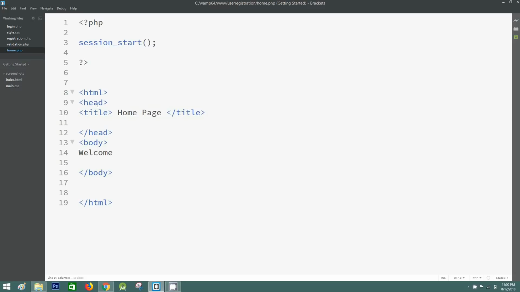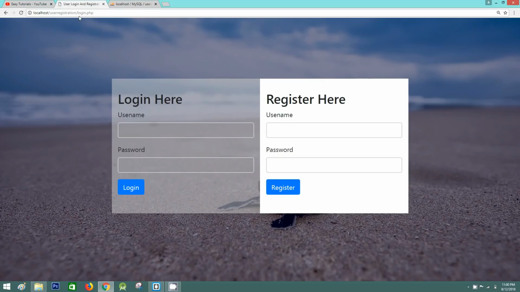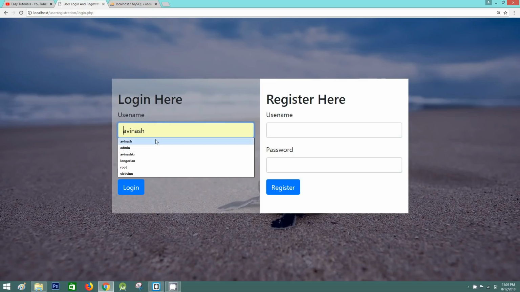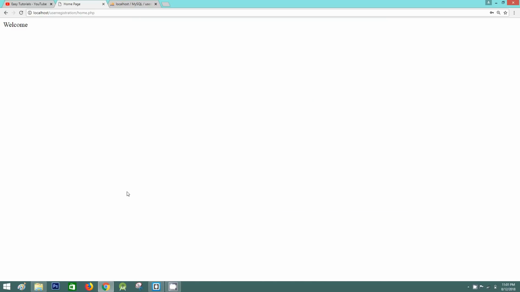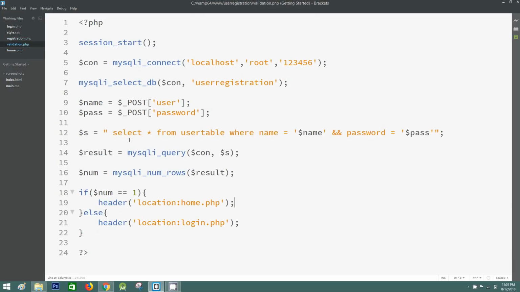and go back to your browser, and now I will log in on this page. Okay, after login, you can see we are redirected to the home page, and you can see a message welcome. Okay, now we will go to the validation page, and here